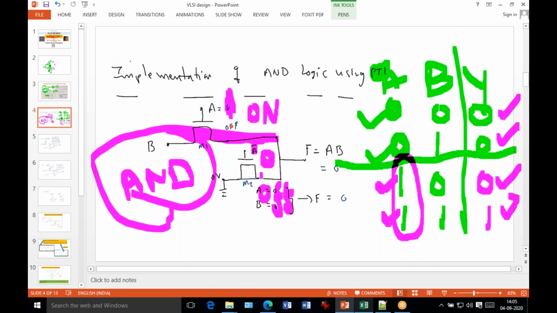So this is a pass transistor logic based on only NMOS transistors. So you are a designer. You can do anything in the circuit design, maybe some disconnection or maybe some parallel connection. But your truth table must be verified. If your truth table of the AND gate is verified, your circuit configuration or circuit arrangement is correct. It is not any issue.